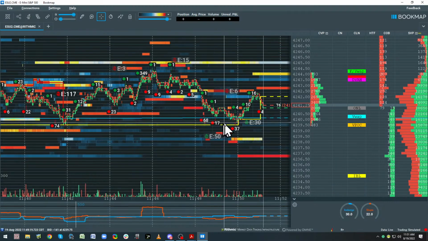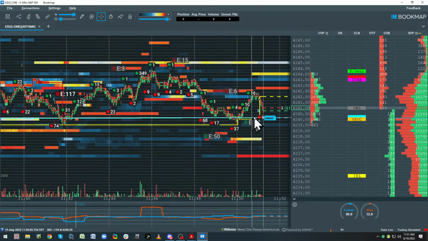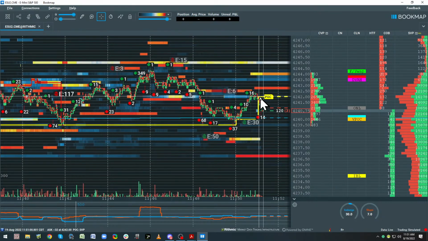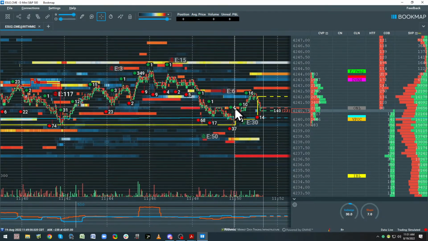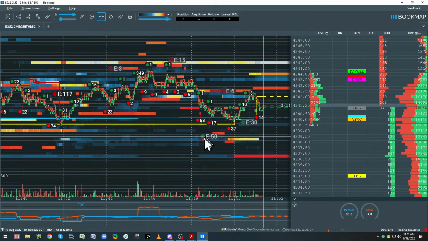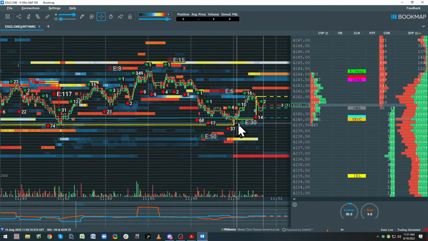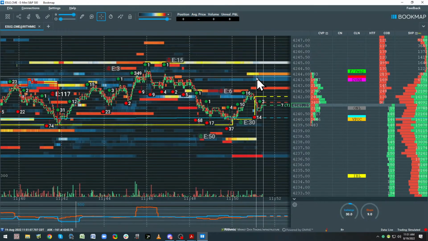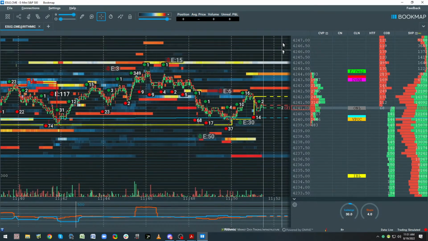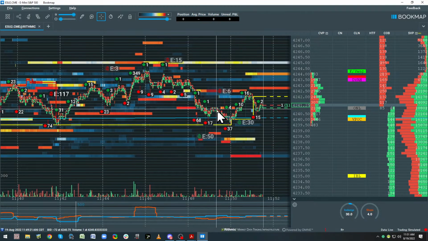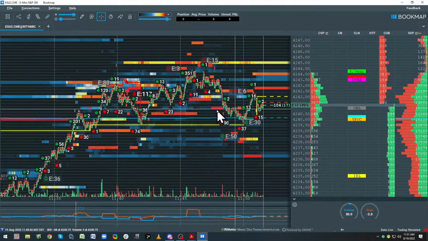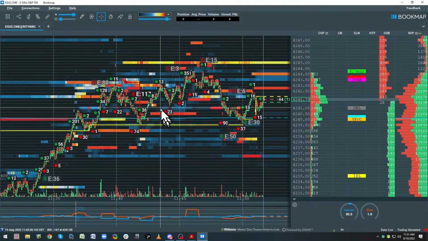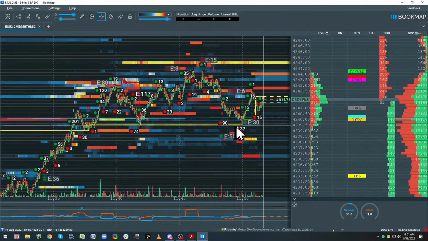See what's happening with the volume? The volume is beginning to migrate. That is a bit of a warning, Will Robinson. I call this VPOC migration. So for this to go lower, I have to get below here and here. If I can't get below, then we have the potential to come right back and squeeze. So we'll see what it does, okay? Remember when we got short, we had the migration going the other way for the short side. Now the VPOC is migrating.